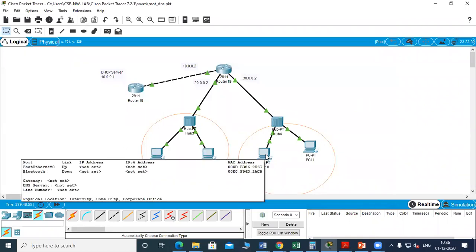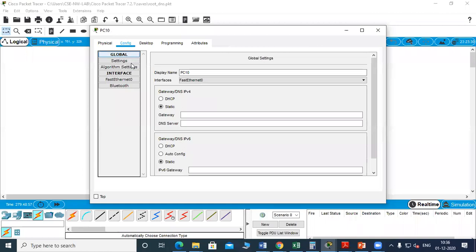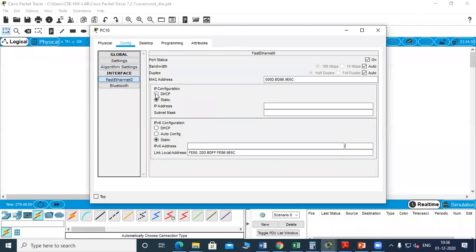Similarly for the second subnet, config, interface, DHCP.